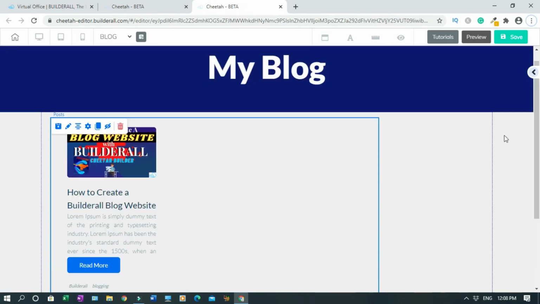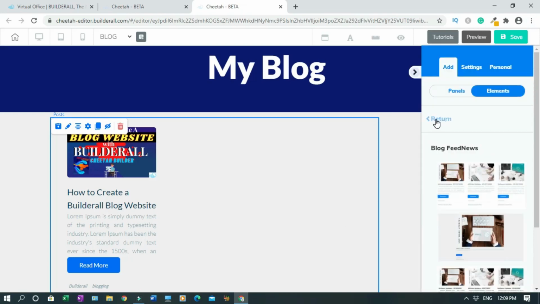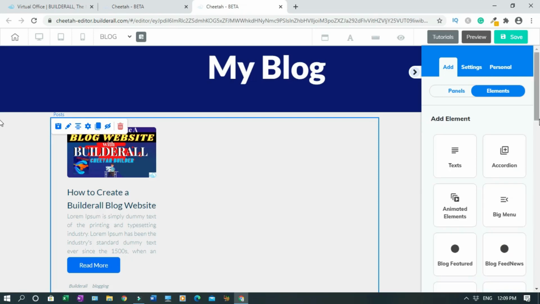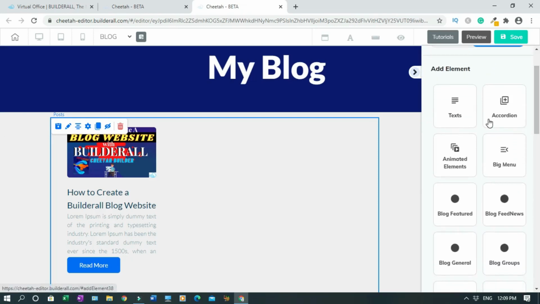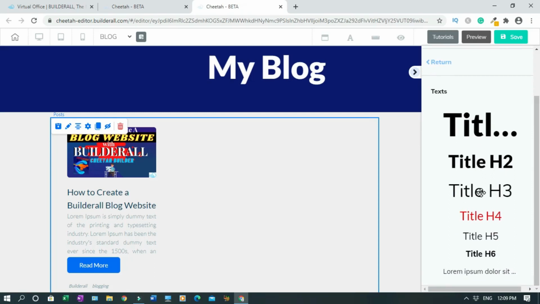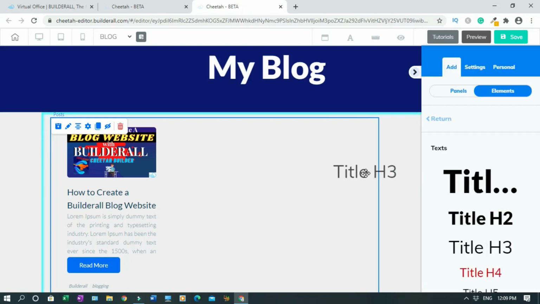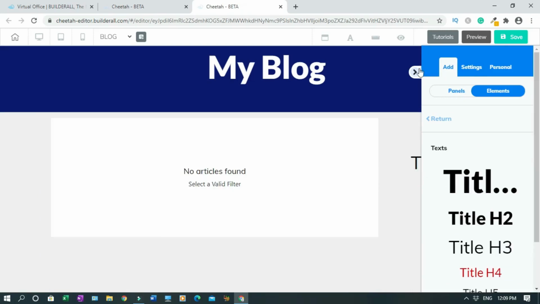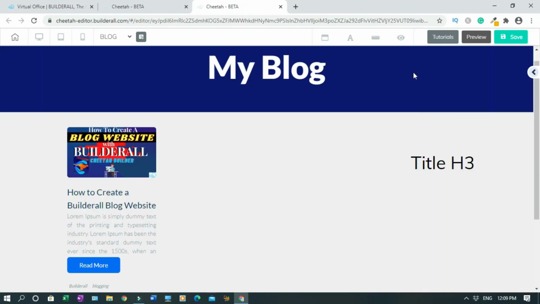Okay, all right. So now we have to put categories right here. Okay, so we're gonna click on, because you're gonna have a lot, and when people come to your site, you want them to find it easy to locate what they are looking for. Okay, so you click on this, the arrow, so return. Okay, let's return. Then we're gonna click on test, and let's use the title 3. So we're gonna drag it and drop it here or wherever we want to drop it at. Close this. All right,